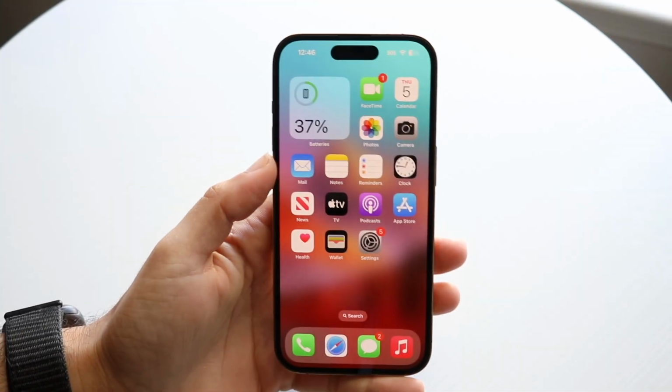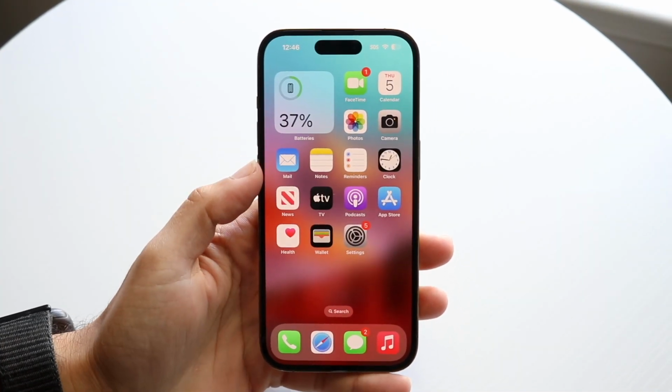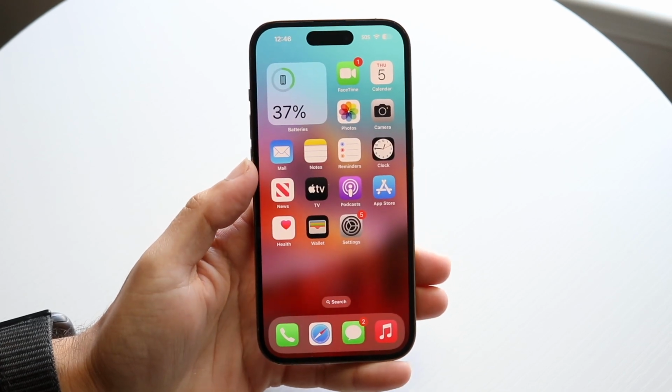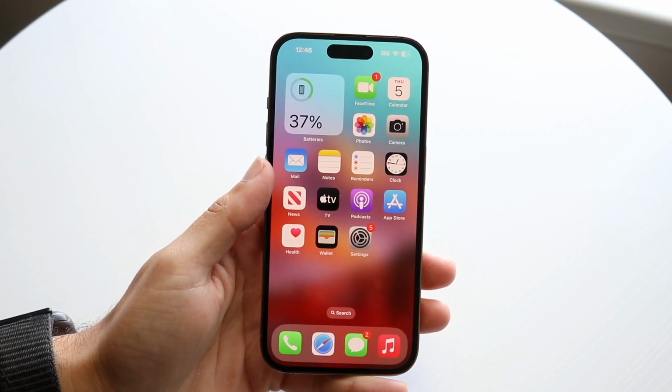So you might be trying to figure out how to use guided access on your iPhone. Now, doing this is pretty basic. It doesn't really take too much time at all. So the first thing you're going to want to do is make your way over